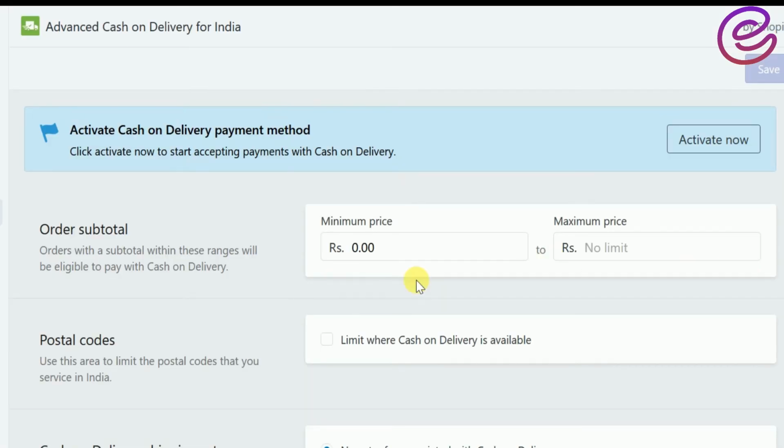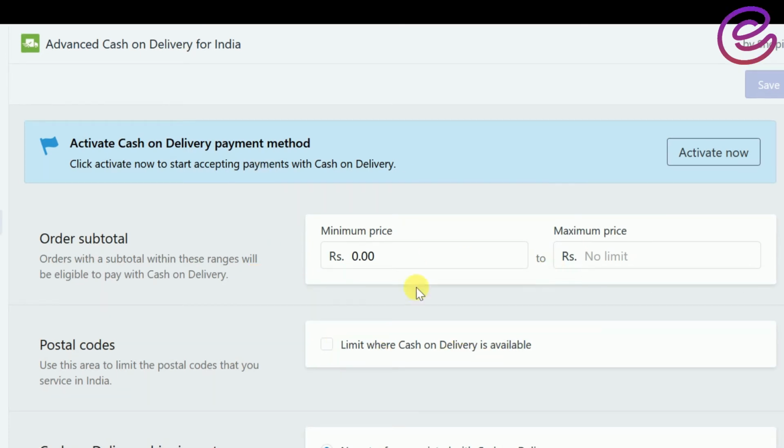On successful installation, you will see a dashboard where you have the order subtotal, where you can put a limit on your order value. The minimum price will be set as 0.00, and for the maximum price you can set no limit, or you can set a limit if you don't want to give cash on delivery beyond a particular amount. Let's say you don't want cash on delivery orders beyond 5,000 rupees, so you can set a limit of 5,000